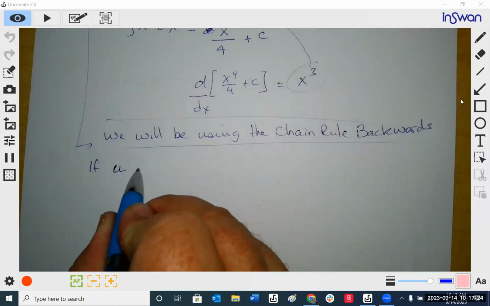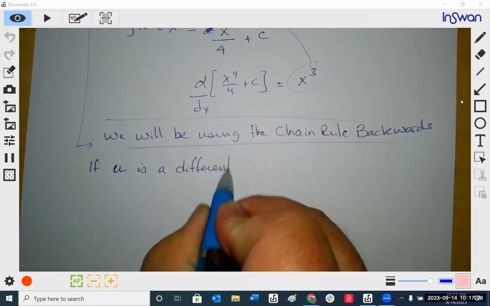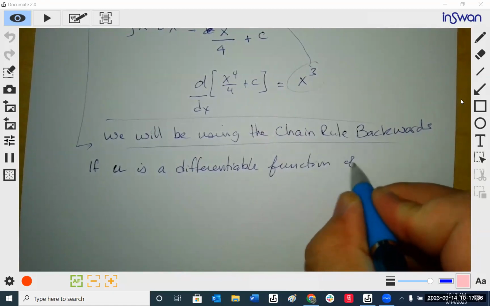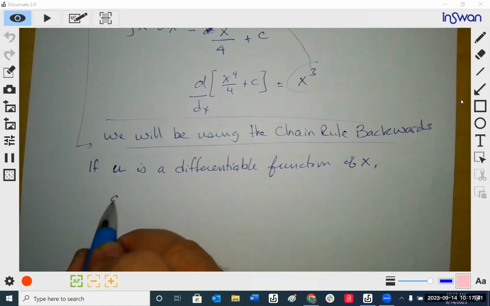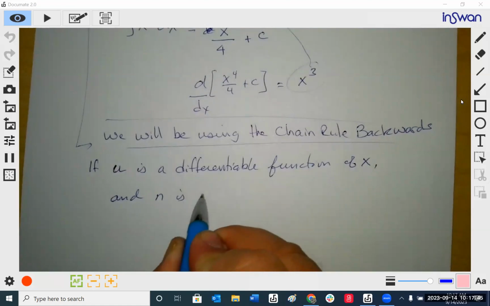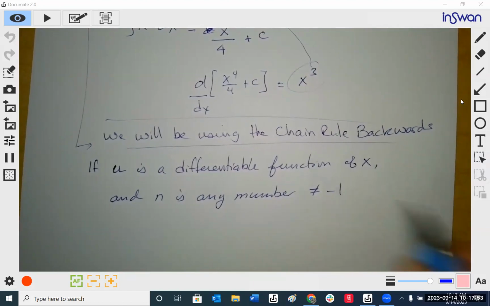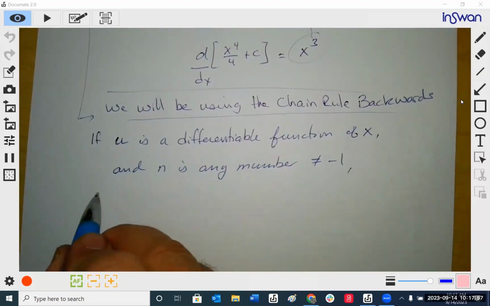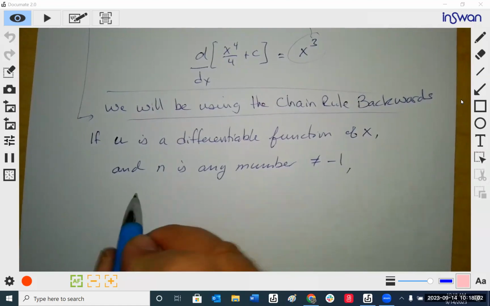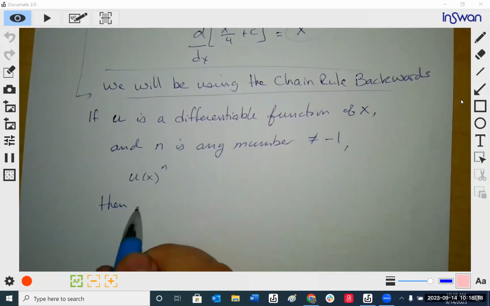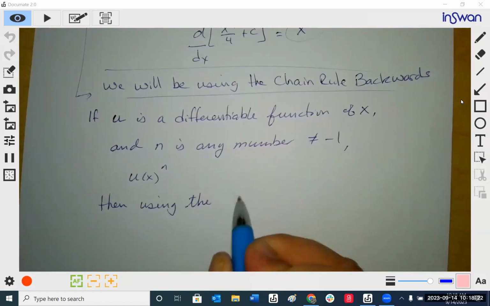So if u is a differentiable function of x, and n is any number not equal to -1, so we have u as a function of x raised to a power, then, using the chain rule,